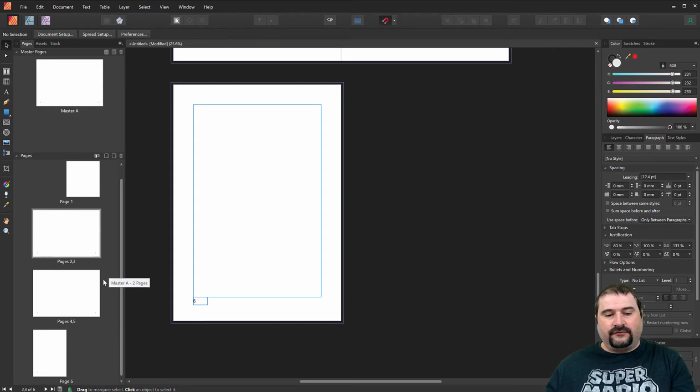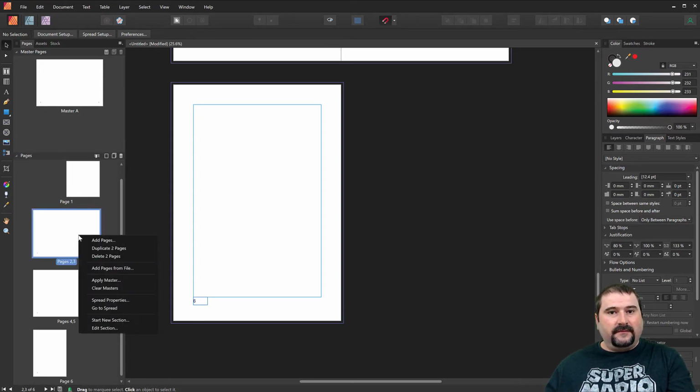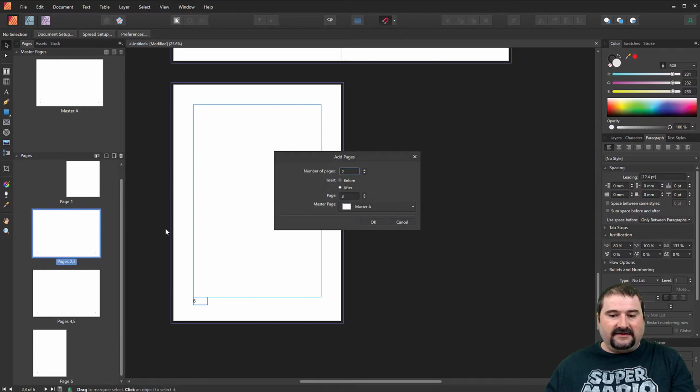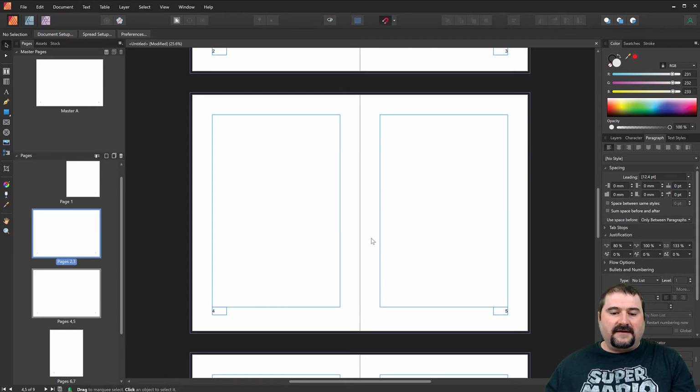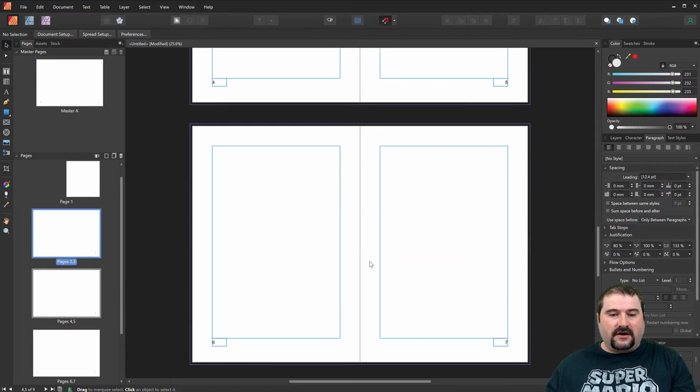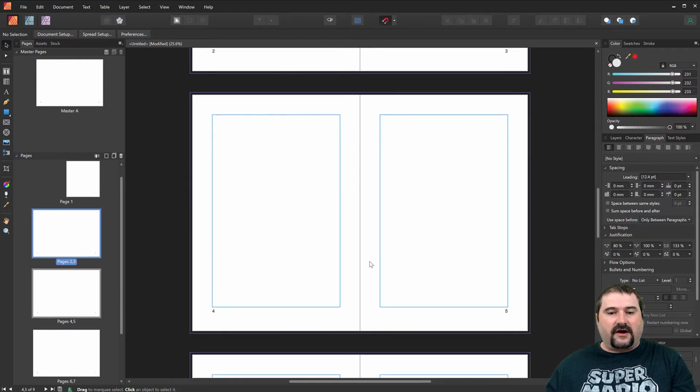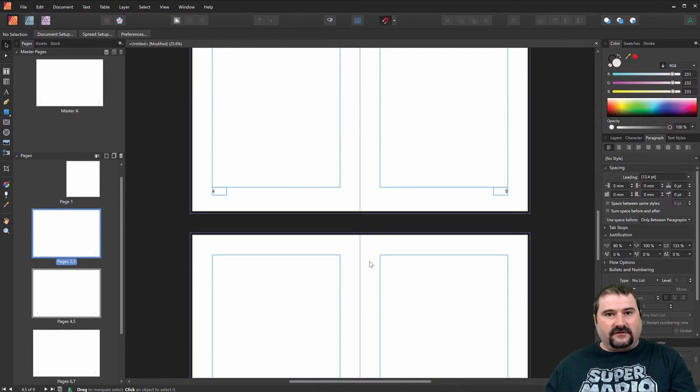And this is a cool trick: if you insert pages in the middle of the document, let's say I'm going to add pages here, and I'm going to add 3 pages after page 3. So I have also some pages after this one. Click OK, and there you have it. All the numbers automatically update to keep track of the current page number. And this is why it works.